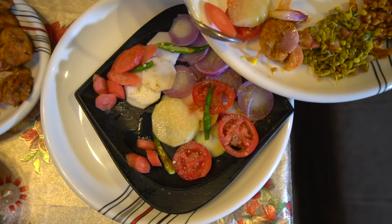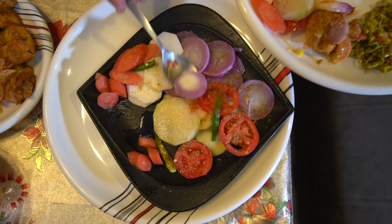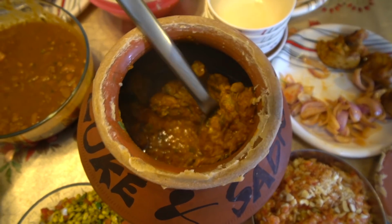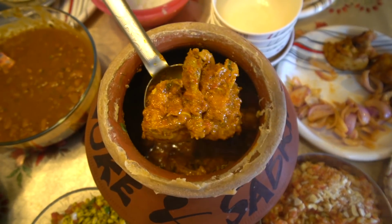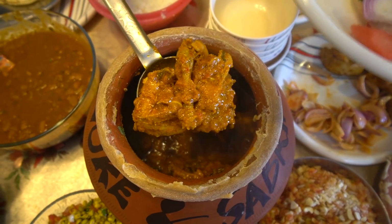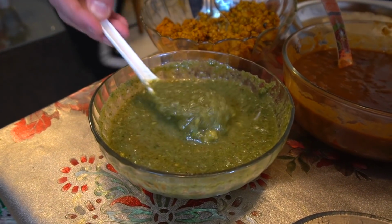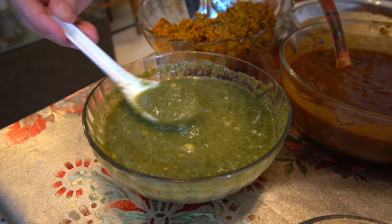Try to grab a little bit of everything, some mint, and grab an onion. I think I'm looking forward to trying this the most. This is the chicken curry. Look at that. That is beautiful, cooked in the earthenware pot. A couple chunks of those. Oh yeah. This is that amazing green chutney that we tried earlier. This stuff is powerful. I'm gonna put a little bit of that